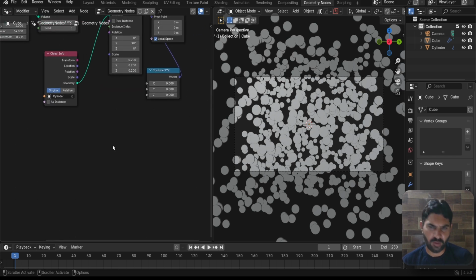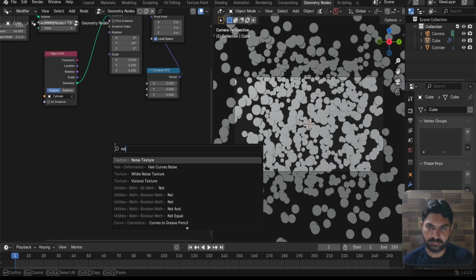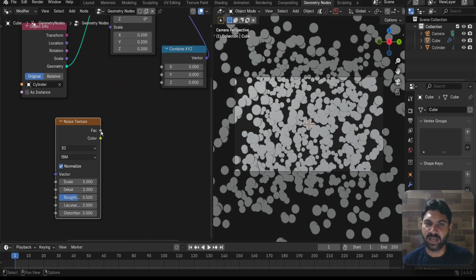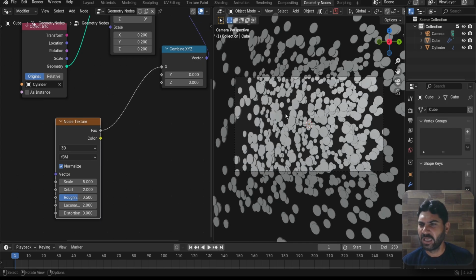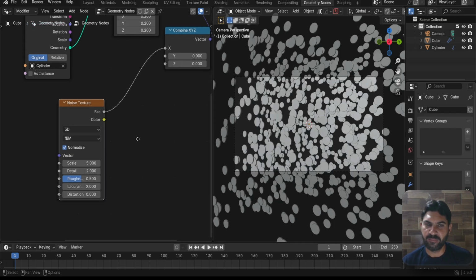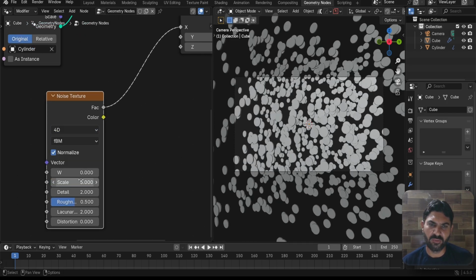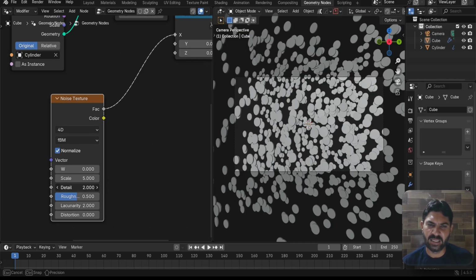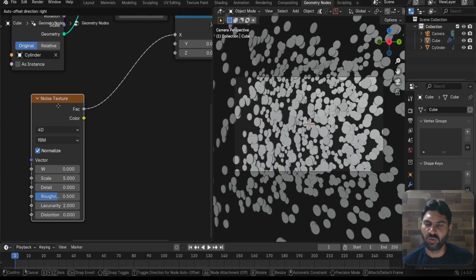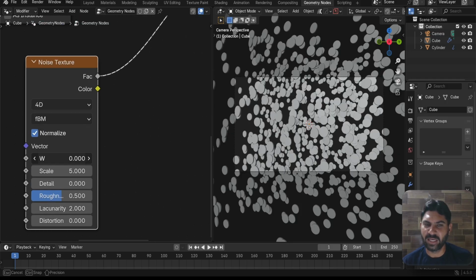Now here I search for the noise texture, place it here and connect this vector with the x-axis. So you can see the rotation, and here I convert this to the 4D. So we can use this W value to animate this, and set this detail to 0. Now we can see the very little rotation along the z-axis,